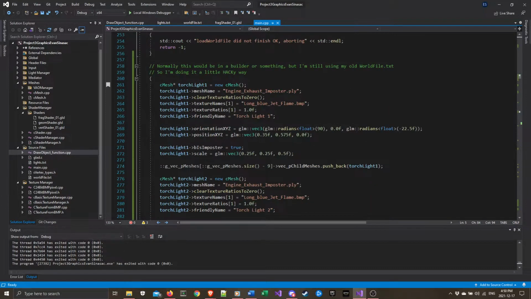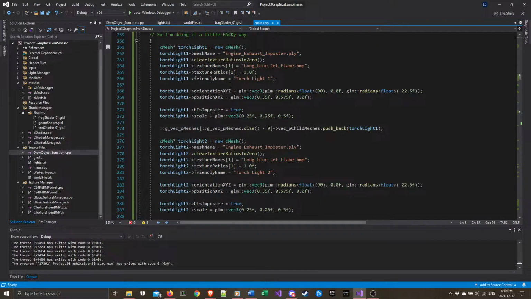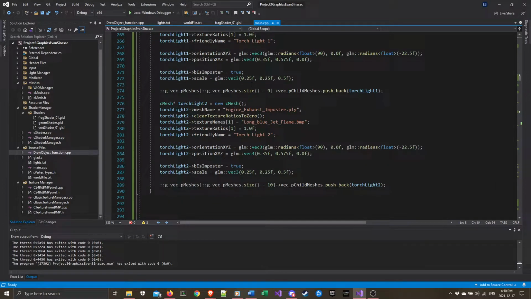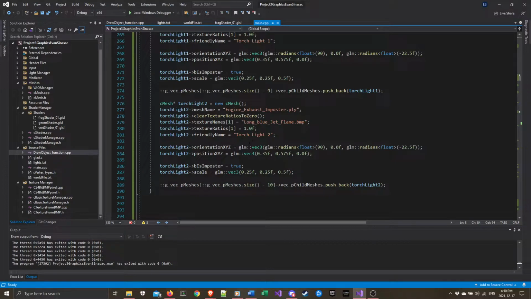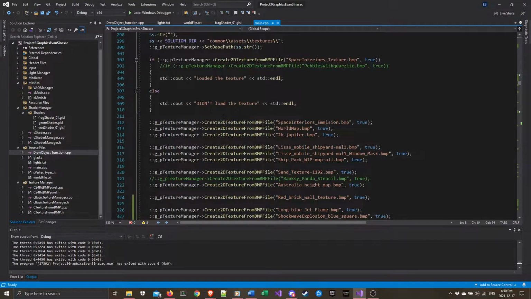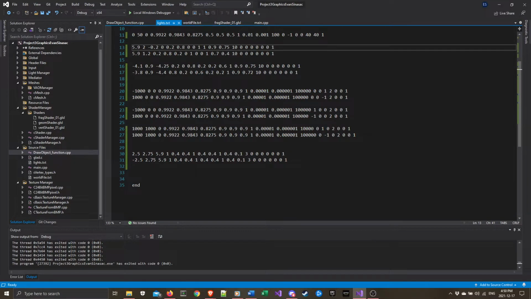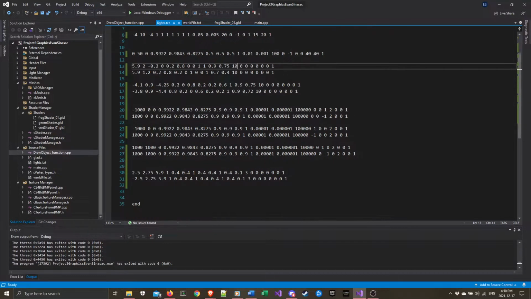Since the quad, I think it was a quad, is just at the origin, and then do one for each of my two torches, and then at the end of my lights file, I added 2 new point lights with a maximum range of 3, and